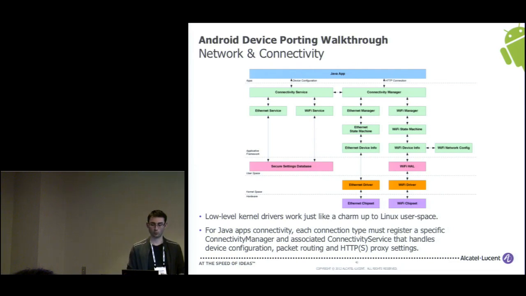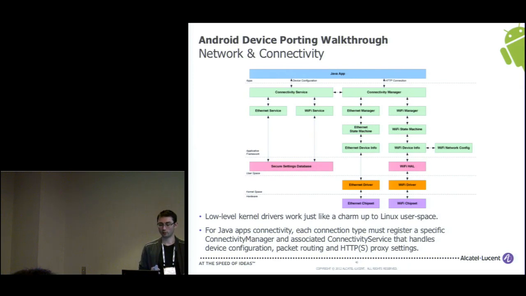We'll see that with Android, actually, all the Java applications that want to access the network usually have to deal with a lot of new services, and it's pretty much all the Java framework that has been exposed over the different presentations this morning. But you get some connectivity manager and connectivity service. One has to be specific for the Ethernet, one has to be specific for Wi-Fi. Actually, one has to be specific for any kind of connectivity interface that you may have.